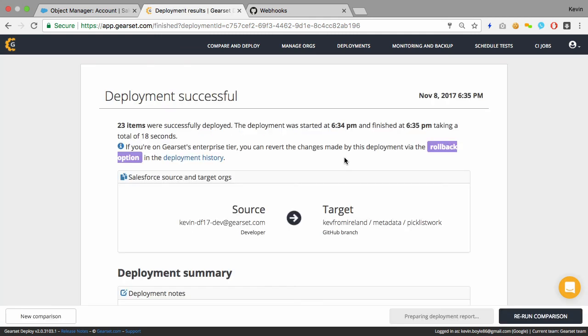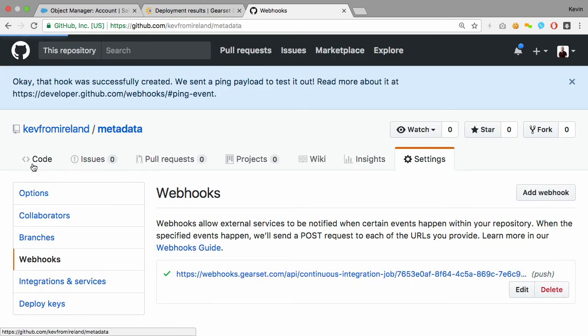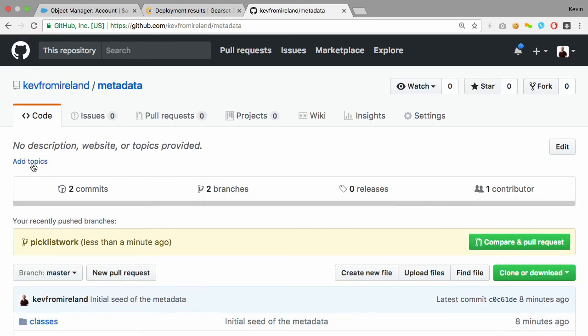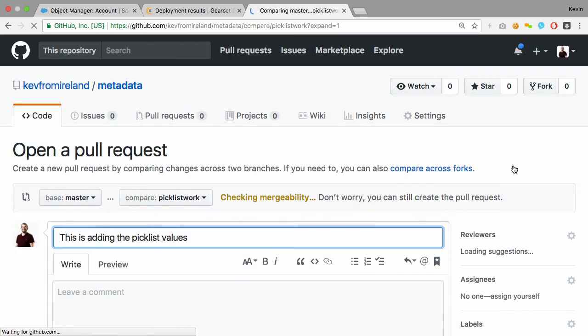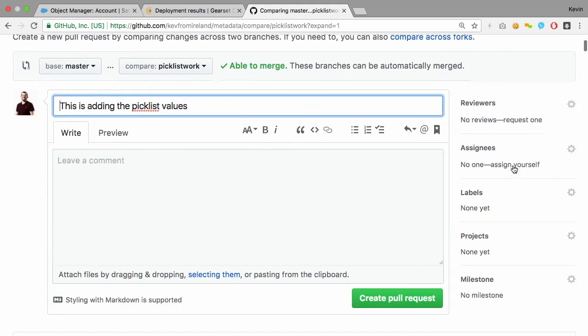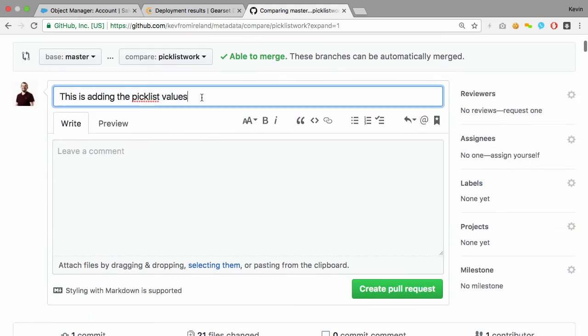Okay, great. So back over in GitHub, if I switch back to my files view, I can see that branch has been created. So I can either go and explore it and compare it, or the next piece of the flow that you would follow is the pull request, and this is the chance to do peer review, to have a discussion about what it is. So typically you would give this a good title, so sprint 2,